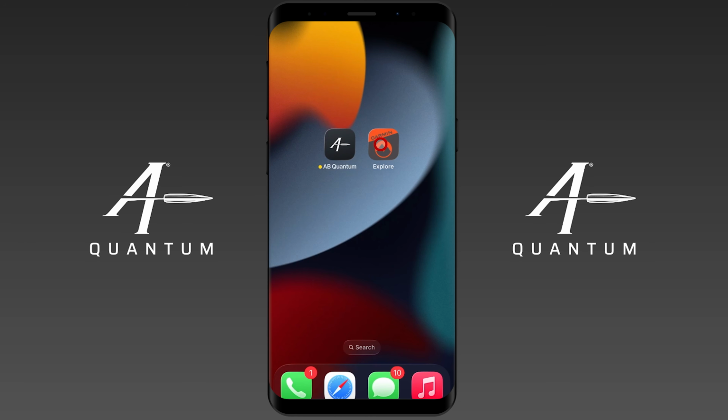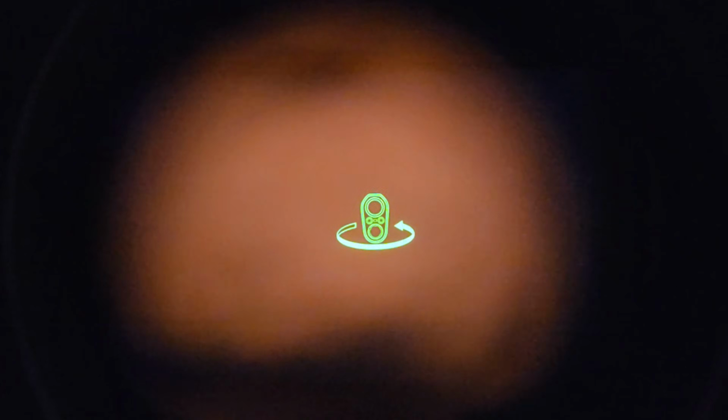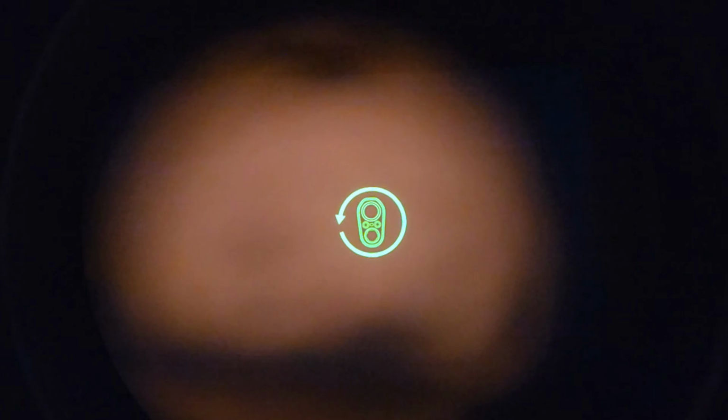And once you've turned it on, I want you to press up on that D-pad, and that's gonna bring up this settings menu. The first thing you're gonna see is compass calibration. Go ahead and do that like you can see here. And then I'm gonna back out and cancel, but the next thing you're gonna do is go